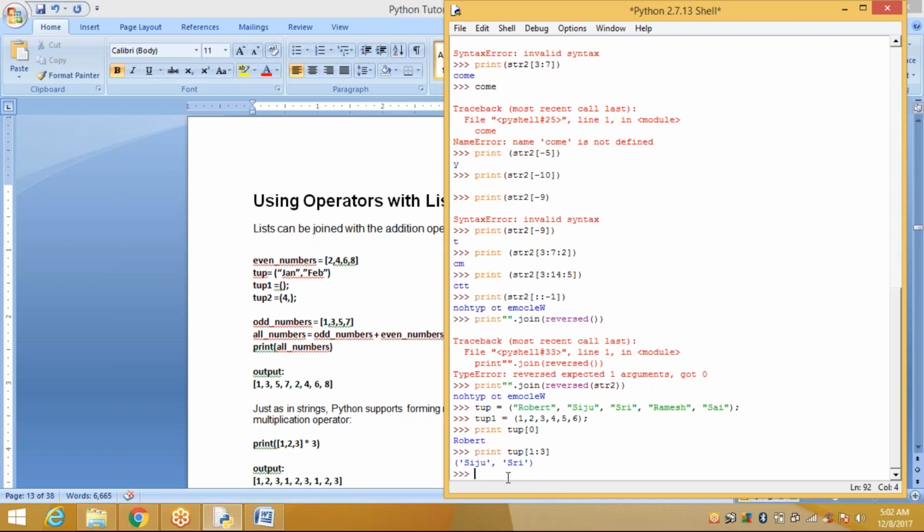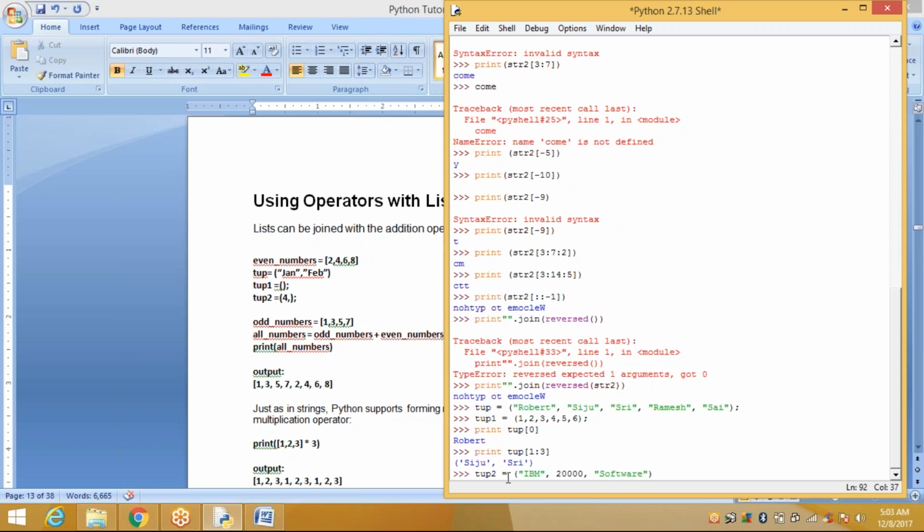I can define here first tuple2 equal to IBM, 20,000, software.